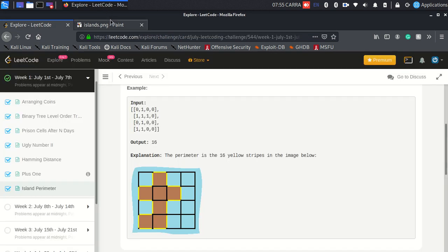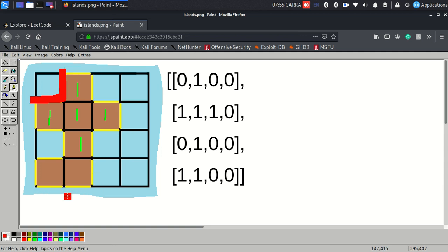So this is the question, and I have to find the perimeter of the island. This is a very good question, I would say. It's not very tough, but it's a very good conceptual question. Tell me one thing: if I had only one piece of land, let's assume only this particular land that I am marking as the island, then the perimeter would be nothing but 4, because there are 4 edges that encircle this whole island.